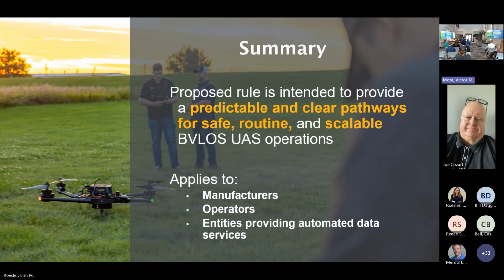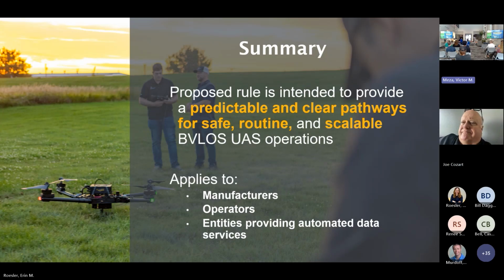So without further ado, Part 108, if you're not aware, is really seeking to provide a clear, repeatable pathway for those beyond visual line of sight operations. In fact, in the preamble of the NPRM, it talks about how there currently are about 290 unique beyond visual line of sight operators or operations happening. And if you're one of those, the pathway from conducting your 107 operations to getting that beyond visual line of sight waiver or exemption is probably difficult, to say the least.